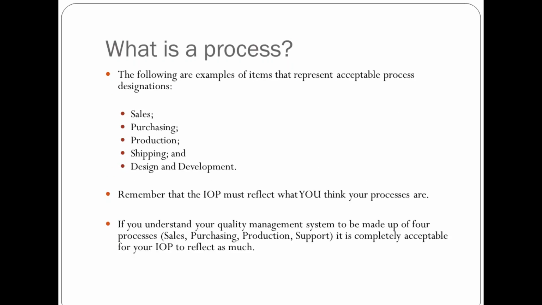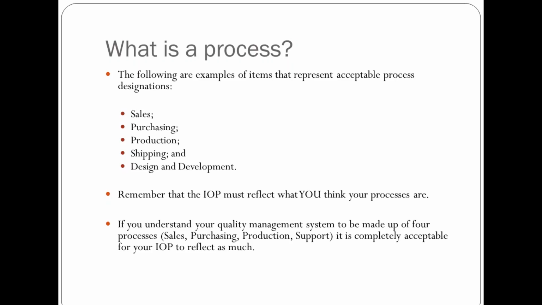Now, in terms of what are typical process designations, we put together a list here of what the more common designations are that we've seen: sales, purchasing, production, shipping, design and development. We see these as named processes many times over. Many of our clients, almost all of our clients, have at least one of these processes within their quality management